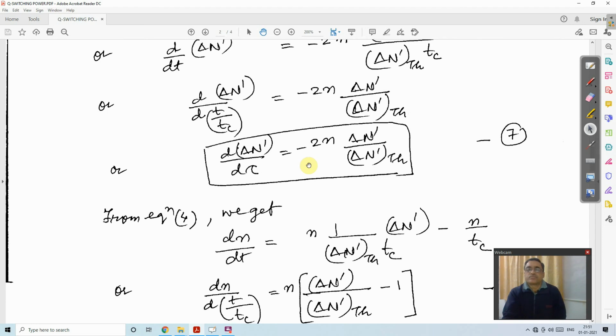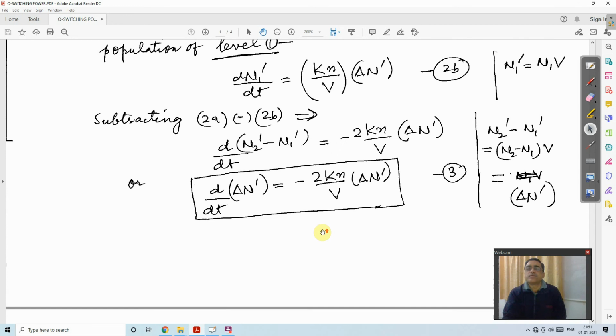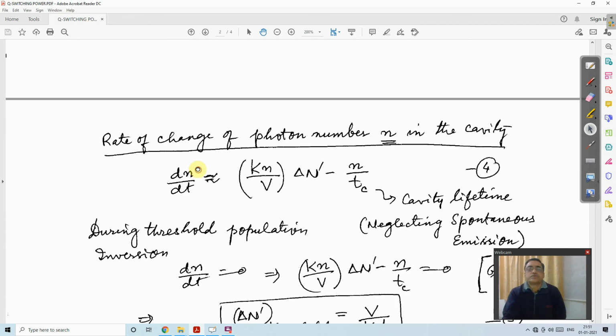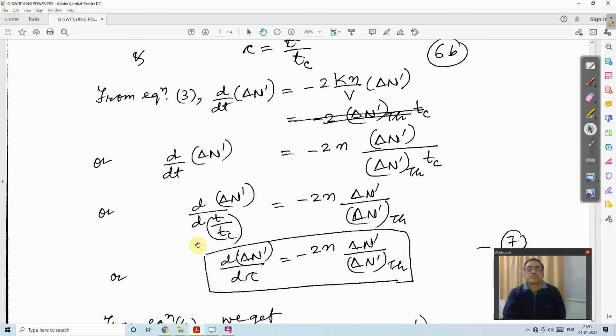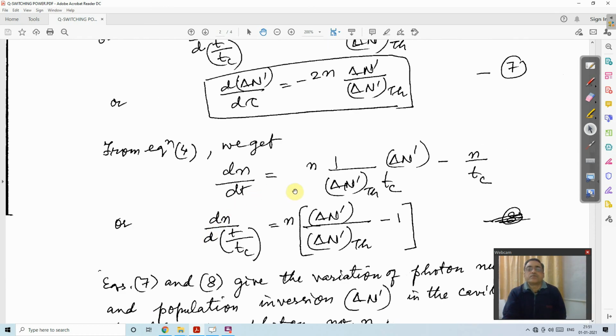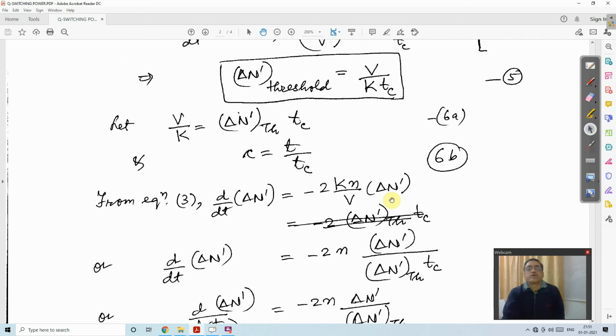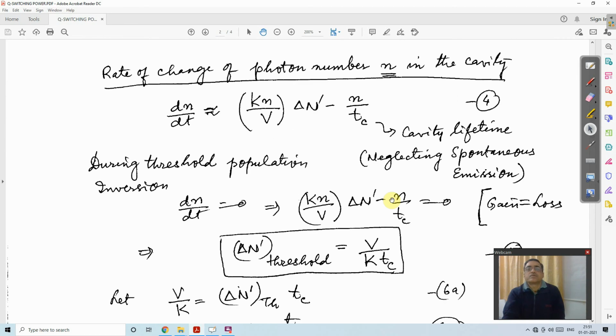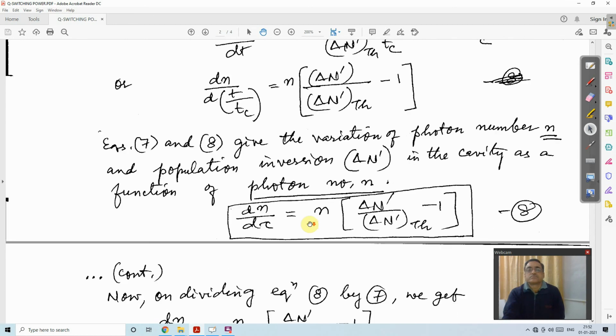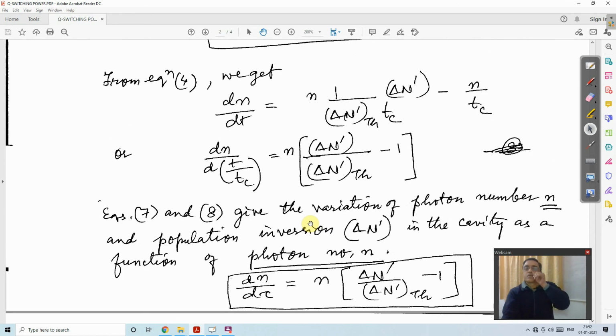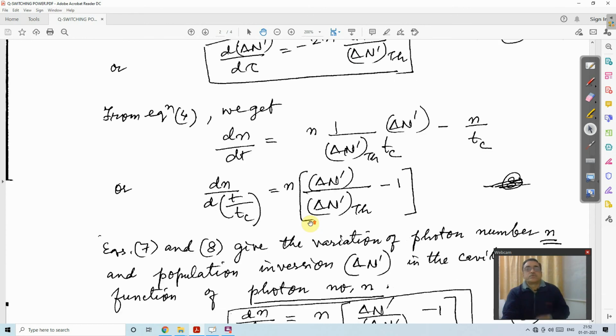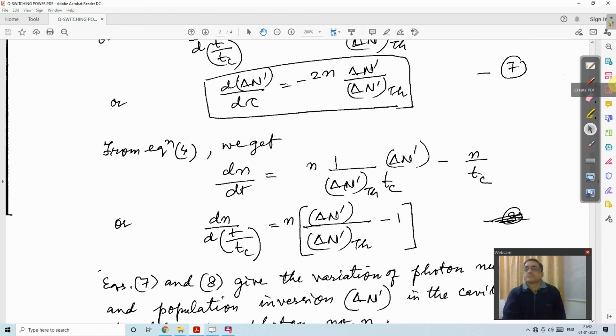It is in the standard form, and from equation 4 what we see is the photon lifetime, dn by dt is equal to n. Again we have substituted for V by capital K, and here its value is delta n dash threshold into Tc. So what we obtain, delta n dash into Tc, and